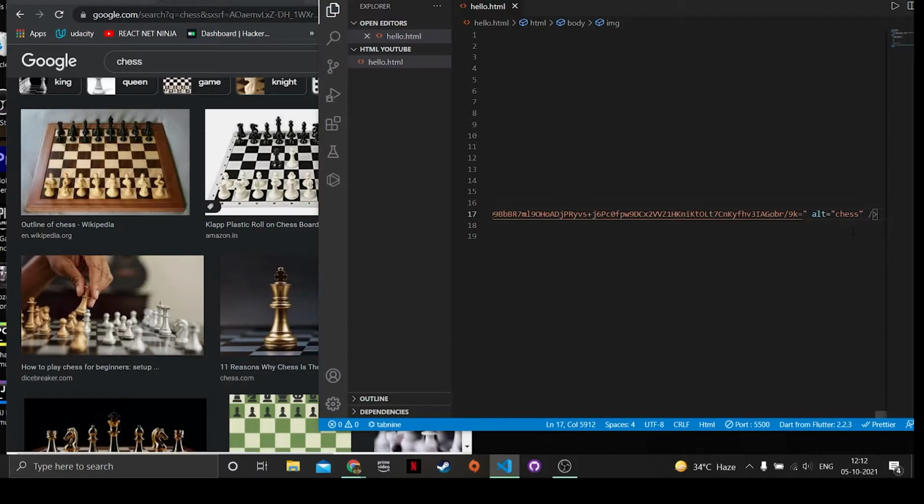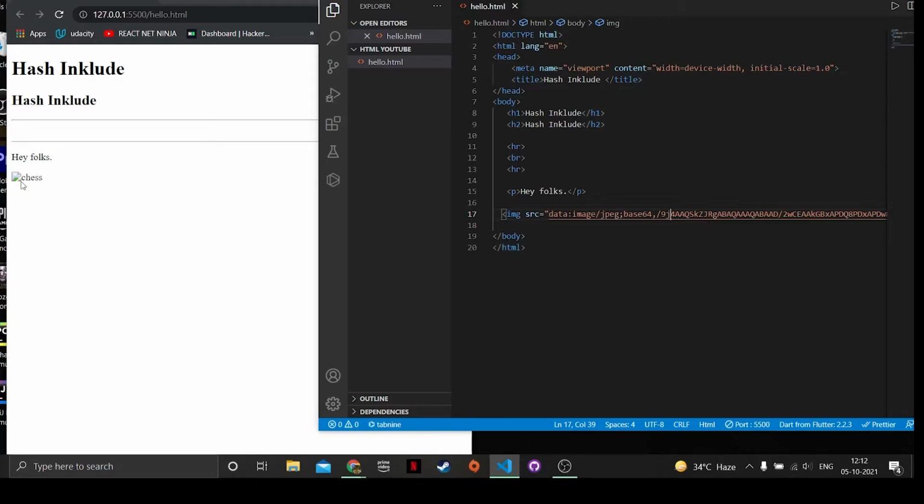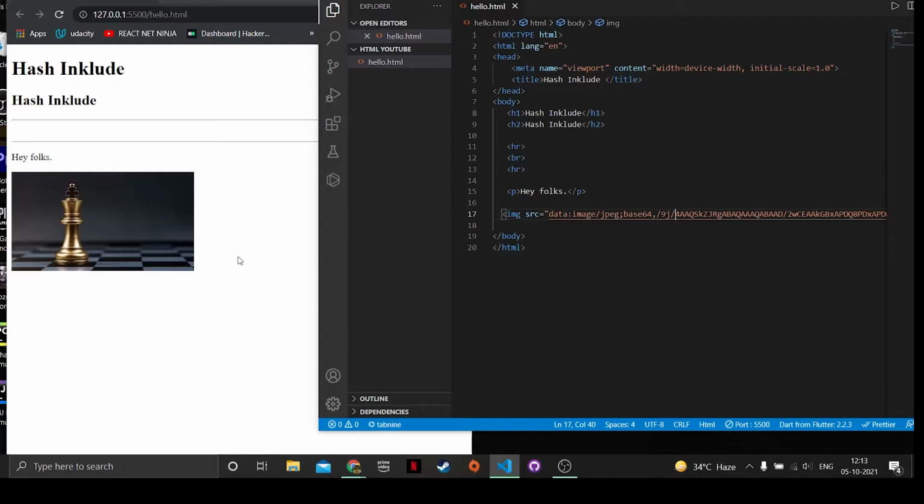So let's now load it. See, the image is visible. Now if I just tinker with the link, see, the image is gone, but what we have is an image icon and chess. Why? Because I used alt chess. So it's good to use an alternative attribute. The reason is in front of you: if the image gets taken down or doesn't load due to the viewer's internet speed, it's good to know that there was some image here. Let's correct it. Yeah, so it's right.